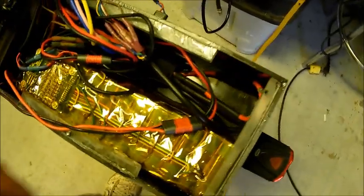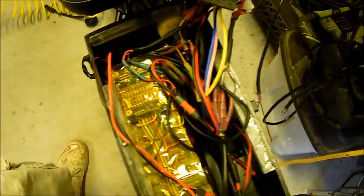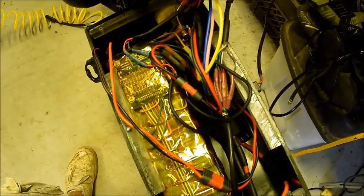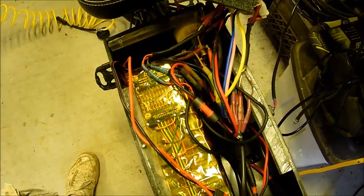So I've got 4 times 13 cells of R25 Samsung cells in there. They have done really well. So if y'all know what those LED lights are,